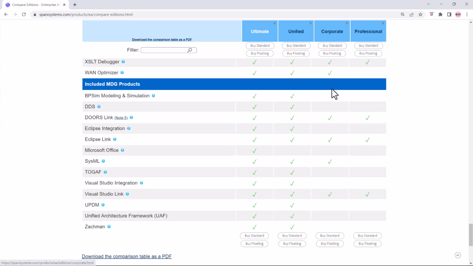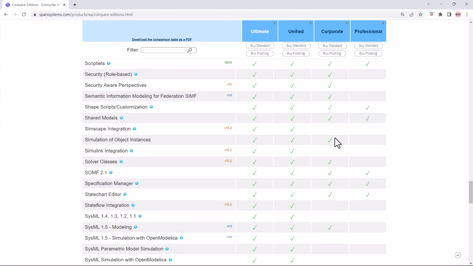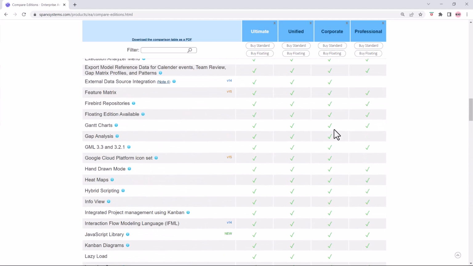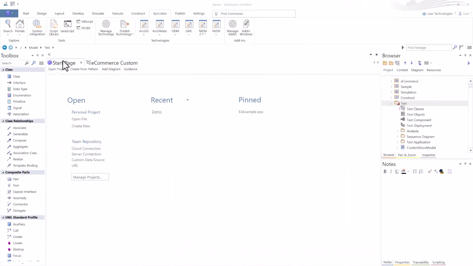So corporate, which I put most enterprise and businesses that I work in this edition on, because they're not advanced modelers, they're just doing basic modeling. I think corporate edition is most important to be on, but it still doesn't have all the features or tooling that the unified edition goes to. So I just wanted to preface before we rolled into the next session, if folks did not watch the very first video in the Getting Started series, just go and whatever edition you purchase, that's the tooling that's going to be available for you. With that said, let's go back to the Sparx start page